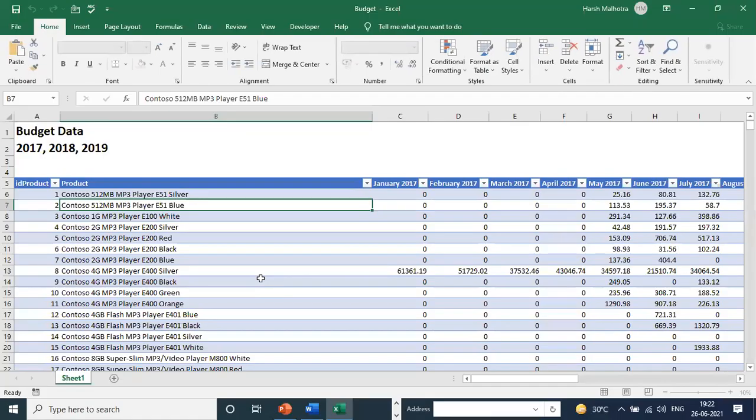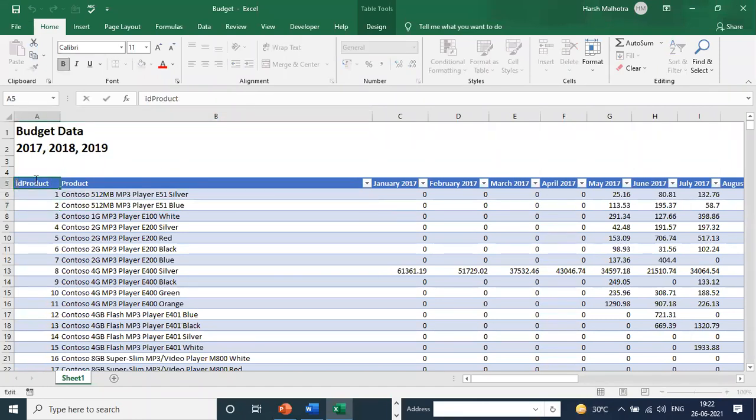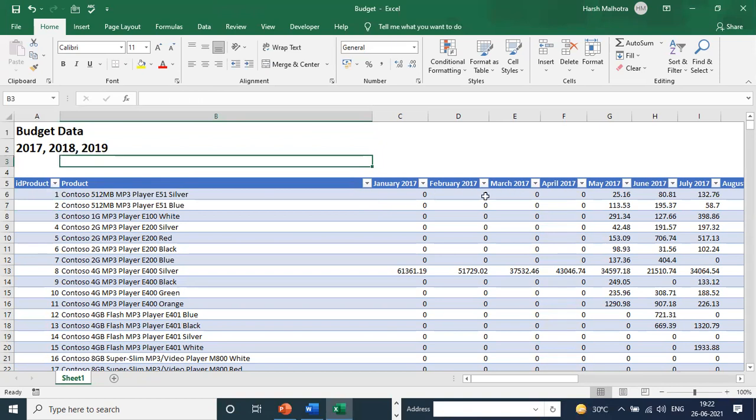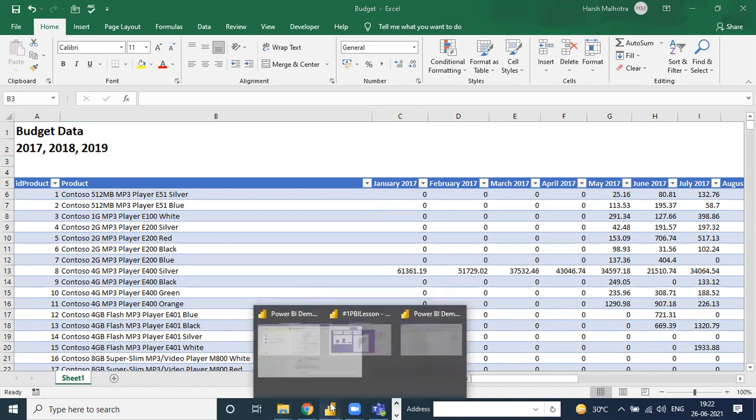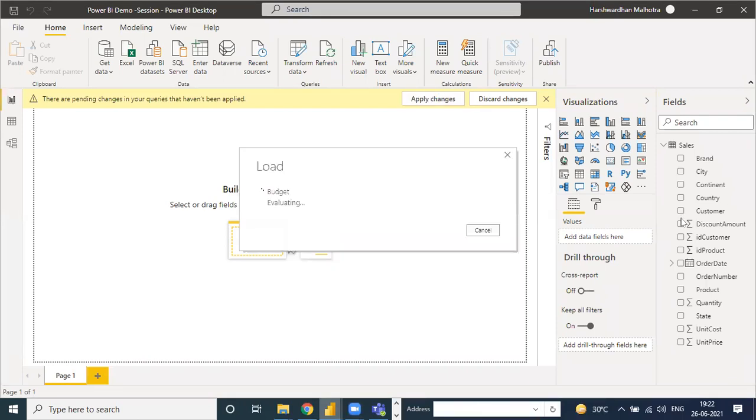First I open, then I will show you how to extract this budget. See, these are the budget and this is the budget table. This table format is a budget table, because I have not chosen this column. If I choose, then how to extract, I will tell you. See, apply. See, budget table is also there.